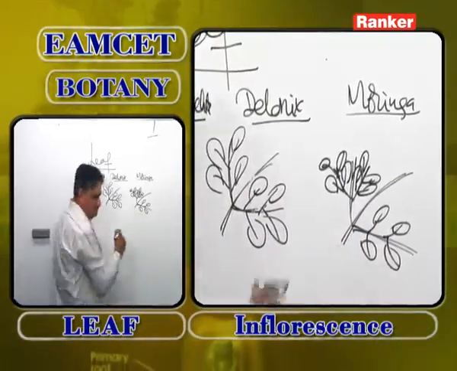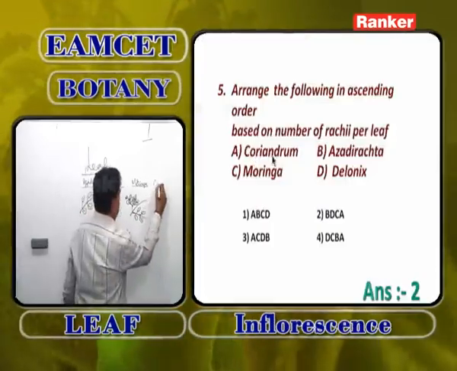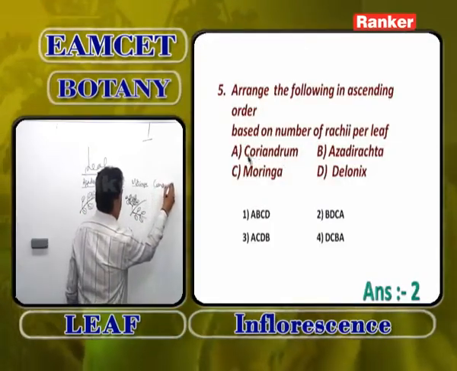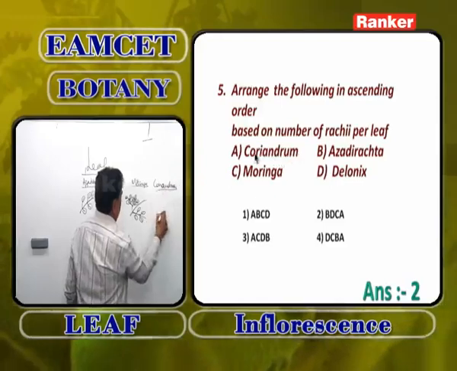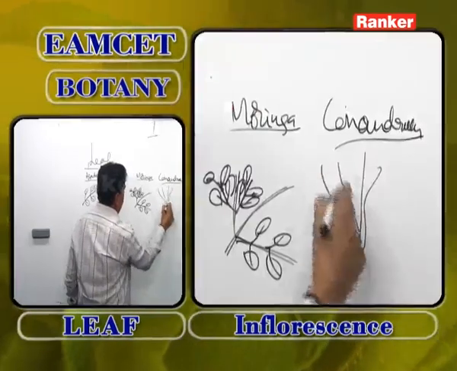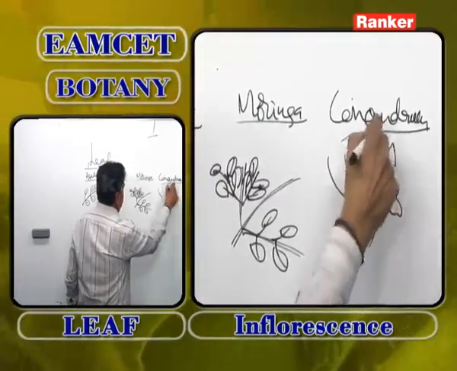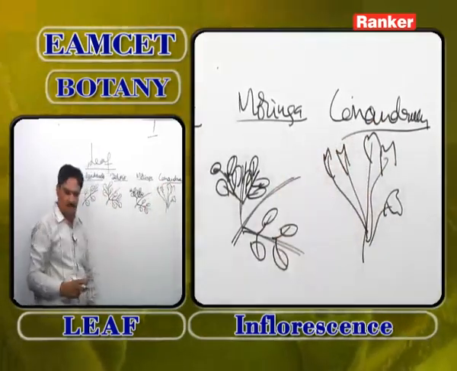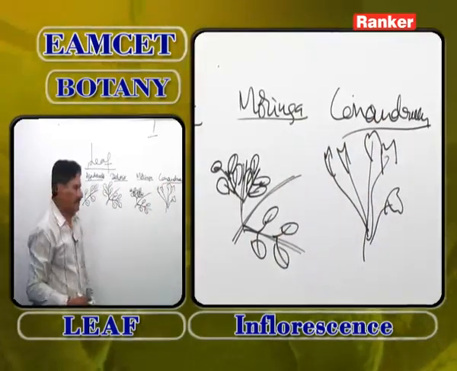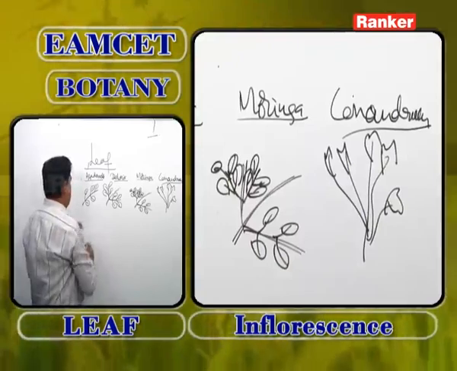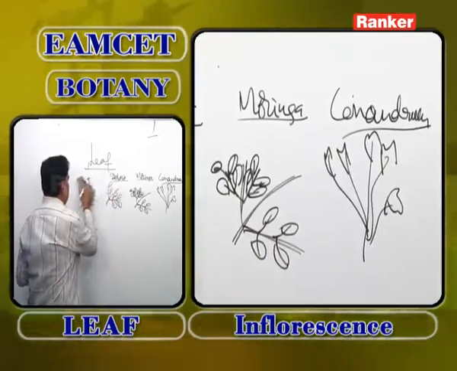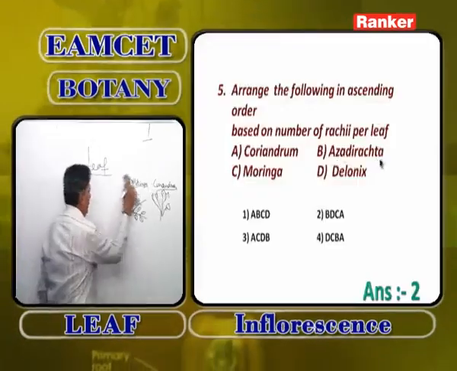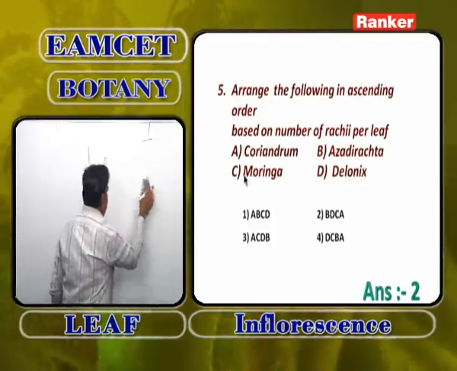Now coming to the last one, coriandrum. Here the rachis is very much divided. Numerous rachi will be there, and highly dissected leaflets are present at the tip of the terminal rachi. So based on the number of rachi, the arrangement is 1 in Azadirachta, 2 in Delonix, 3 in Moringa,